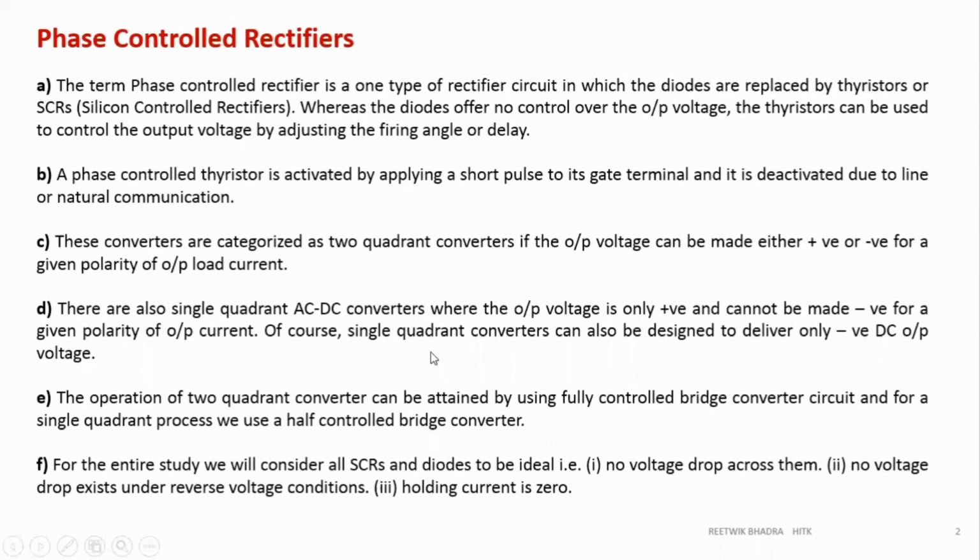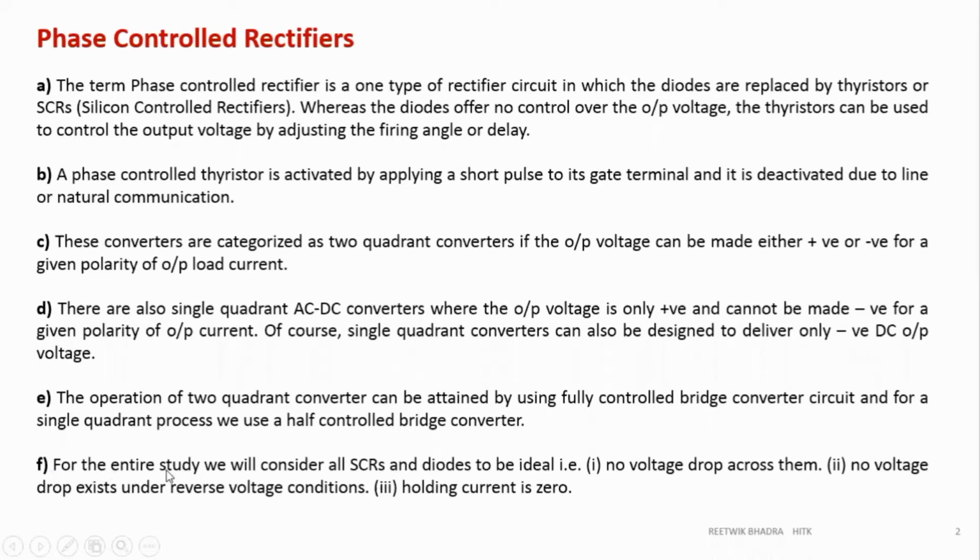Single quadrant chopper, all these things are written. Single quadrant means only positive output, positive power, meaning plus V plus I. So that gives you positive power, that is written over here. And the most important point, please go through this point once. I just told you in my own words, you can go through this point. Only the most important point is number F, which I want to tell you. Number A and number F are most important before going into detailed study.